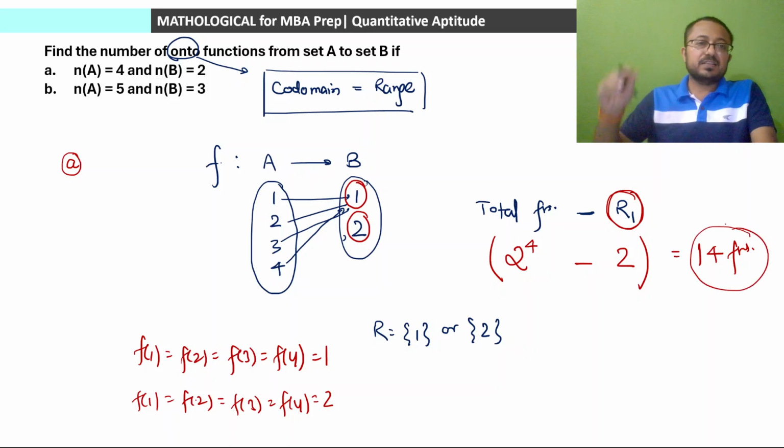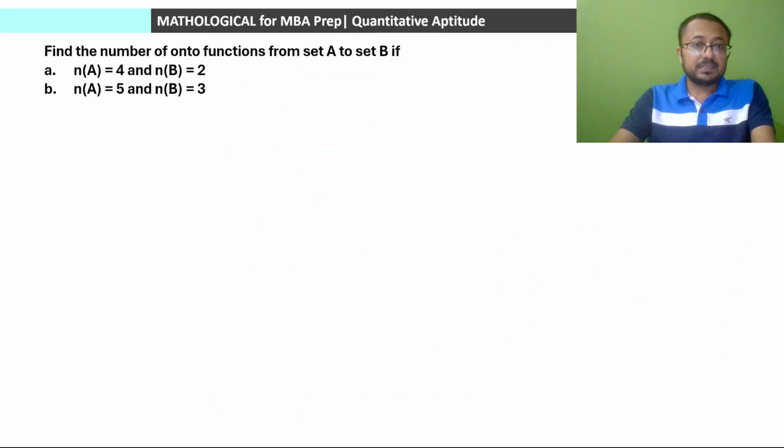14 onto functions are possible if number of elements in set A is equal to 4 and number of elements in set B is equal to 2. Simple बात है. Okay, clear है. So if that is understood, अब part B की बात करते हैं, which is slightly more complex. Number of elements in set A is equal to 5 and number of elements in set B is equal to 3. So how many such onto functions will be there? कितने ऑन टू फंक्शंस बनेंगे हमारे।